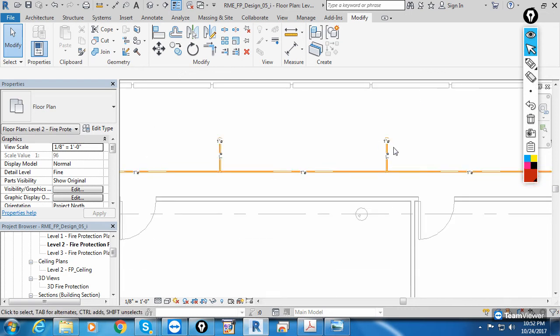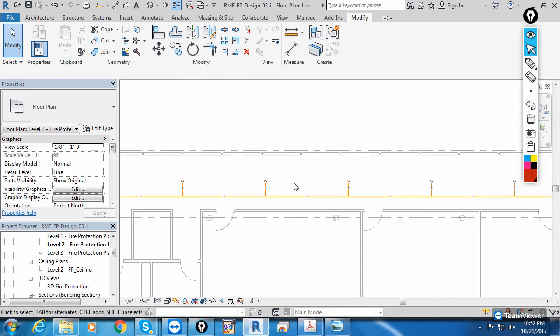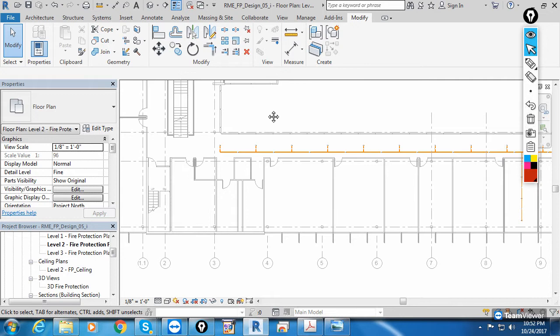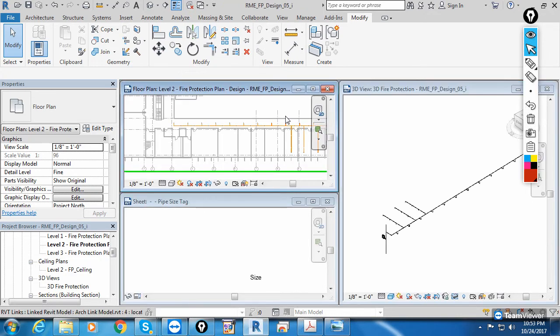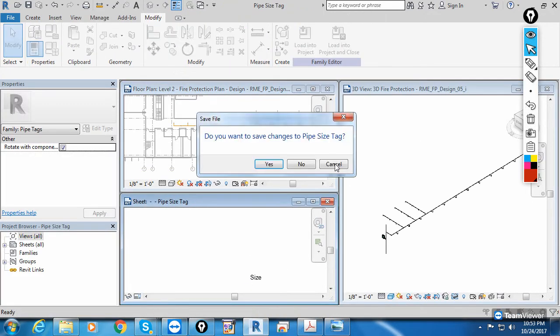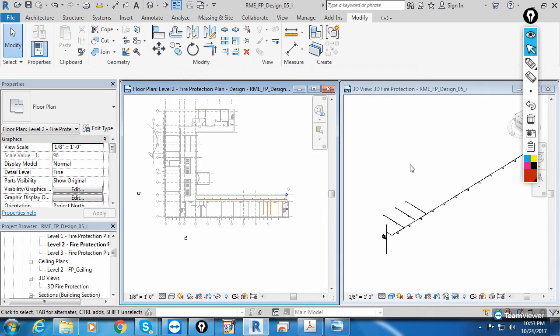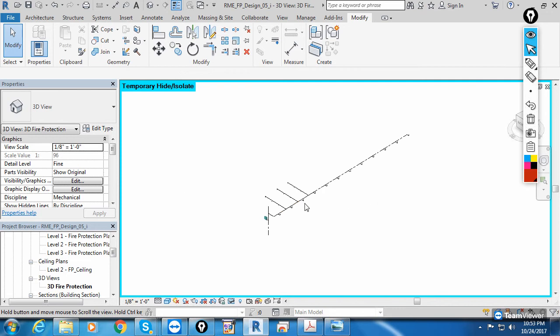Okay, 1 inch. So branch size 1 inch is correct, but this main pipe should be 4 inch now. So we will change this. So first same sizes will update to save the time. Then remaining sizes manually will select that pipe and update. So type WT. We close this file. WT. So left side is plan, right side is 3D view. So now I'm interested to change these main pipes to 4 inch. Okay, so I'll zoom this 3D view.